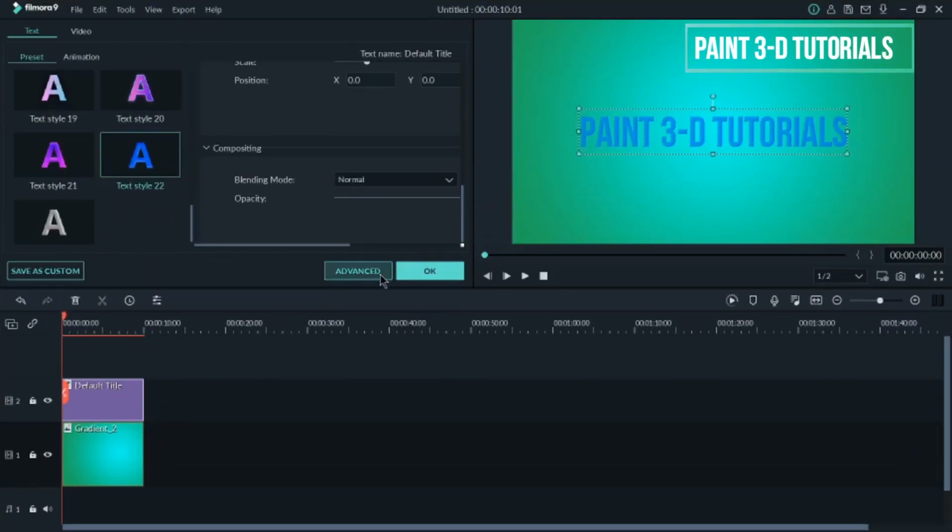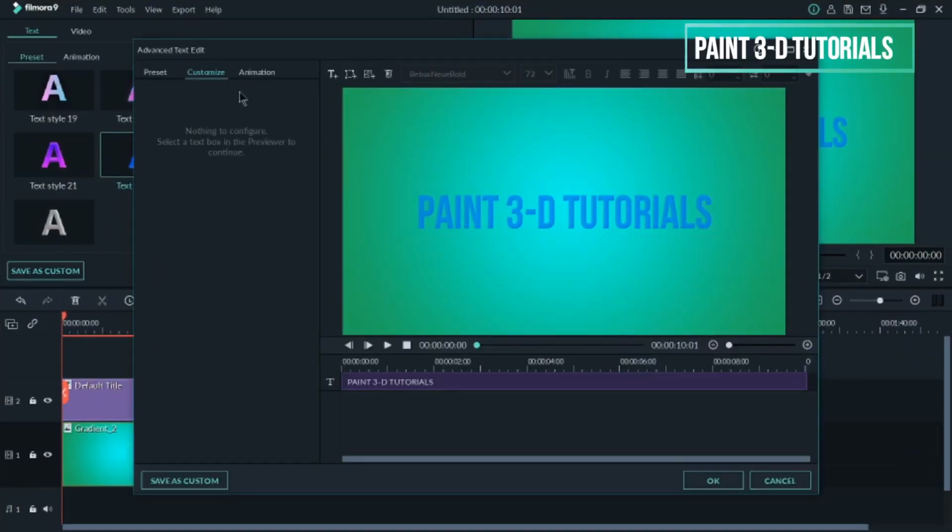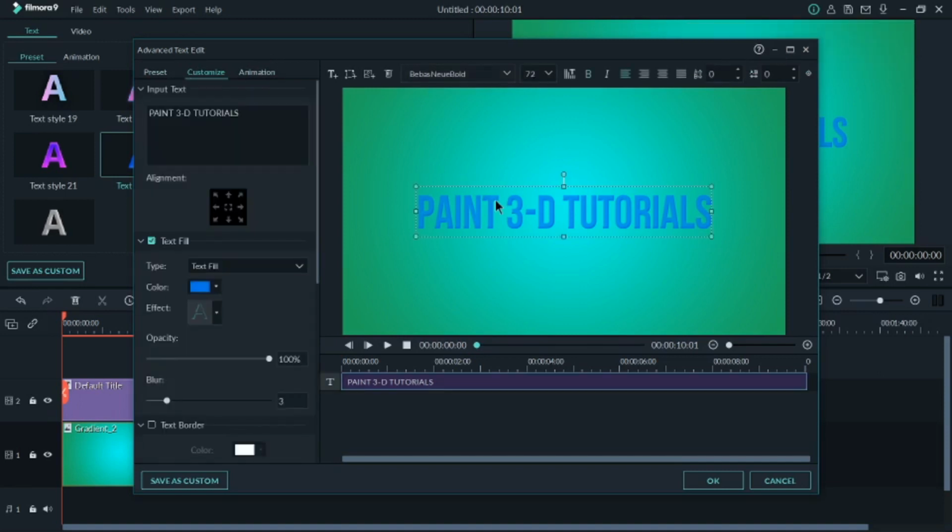Now if we go to advanced option, we need to click on advanced, and then we need to click on the text here. So this editing is an advanced text editing where you can add shadow, you can add border to your text, and also you can change color, you can add many effects. So for me this effect is fine, and if you want to select your own effect, your choice effect, then you can select any effect from here. And if you want to reduce your text's opacity, then you have to reduce it from here. You can reduce it from here, you can increase it from here. You want to make it blur, you can make it blur from here.